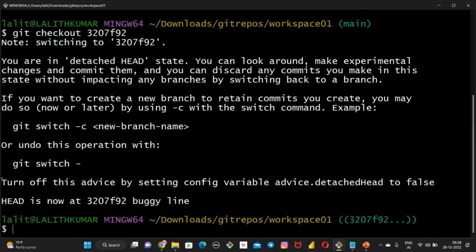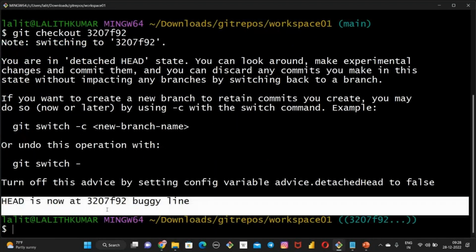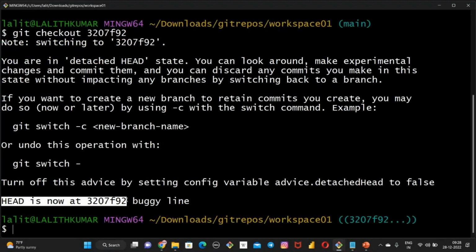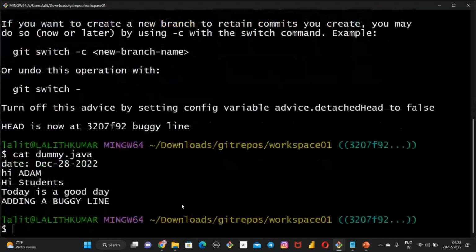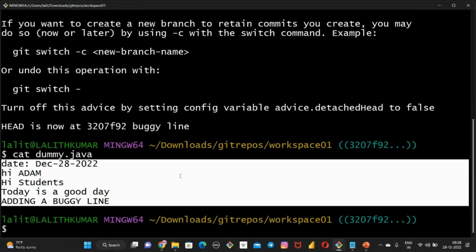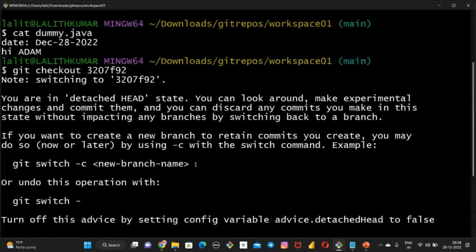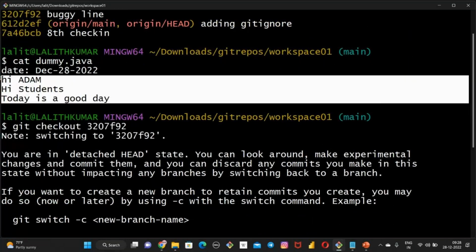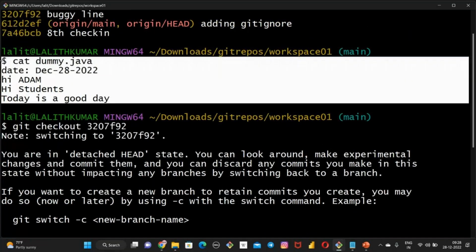Okay, the head reference is moved from 612, sorry, the latest one, to 320, whatever is there. Now because of that, if I open my dummy file, what happens? You see, you got the line back. The same thing was not available some time back because you were pointing to the latest commit ID. Okay. Now, just to show you as an example,